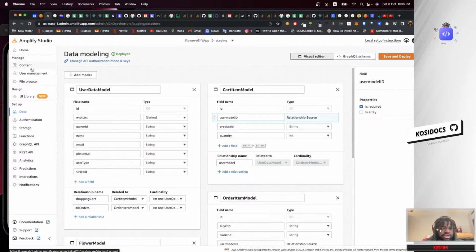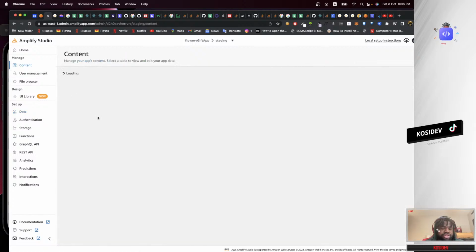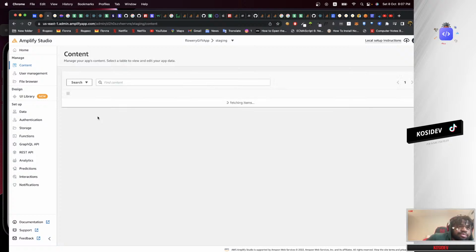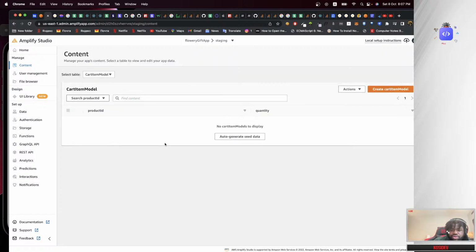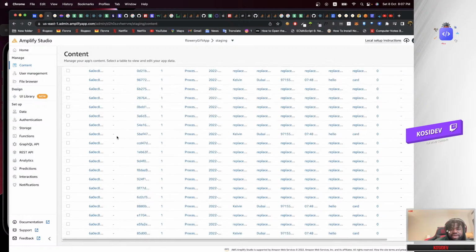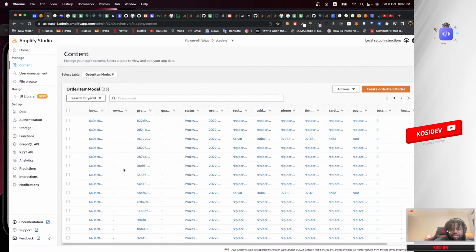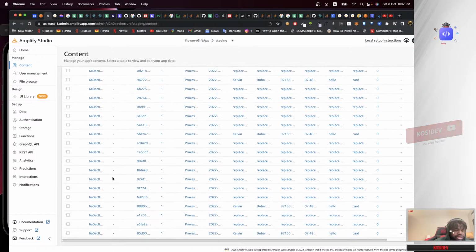But it's not advisable to do that in real life. When the application is running in production, you don't need to modify the data by yourself, unless it's data that needs you to modify it. So let's head over again. There we go. Cart items is empty. If you remember, we had something here, but because we converted every single one of them to orders, we cleared it out. And if you go to the other item, there you go, you can see all the orders. We currently have 23 orders showing up right there.